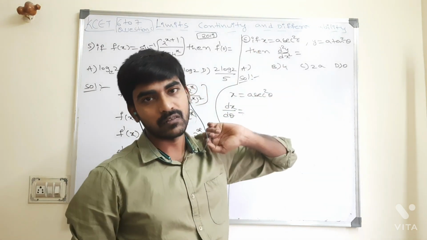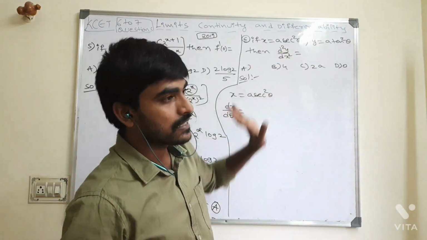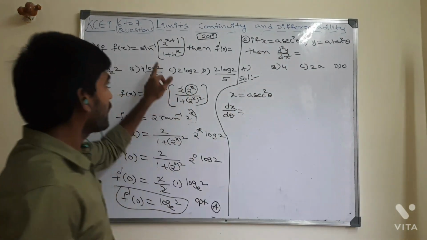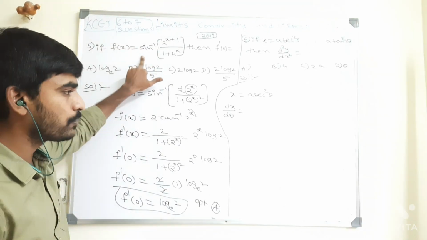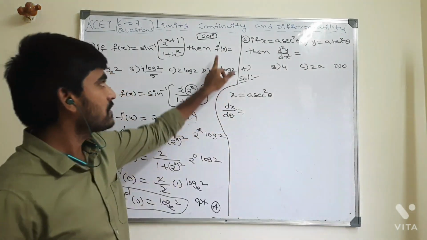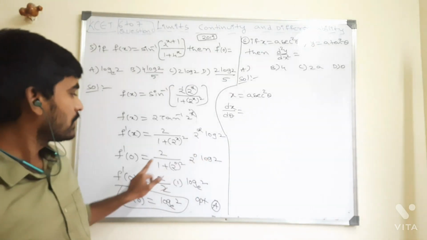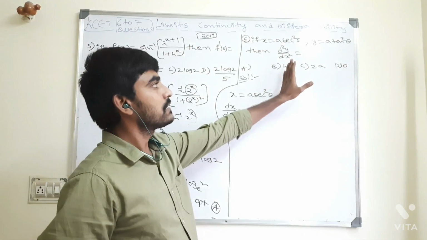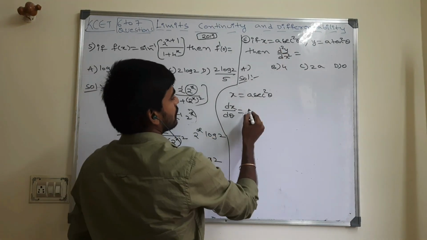This question is which concept? Parametric form concept, in NCERT 6th exercise. This is also an NCERT question only, from a miscellaneous example. Please check in your textbook, it is available. But this is a little extra. There we will find only up to f dash of x. This they have given extra, that's it. This is also NCERT level only, but not NCERT.